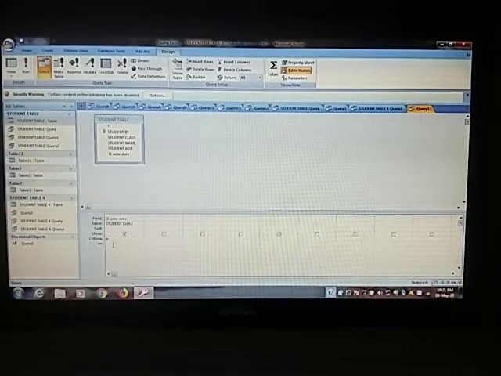So use between with hash sign 6 May 20 and 21 May 20 with hash sign, and run your query.